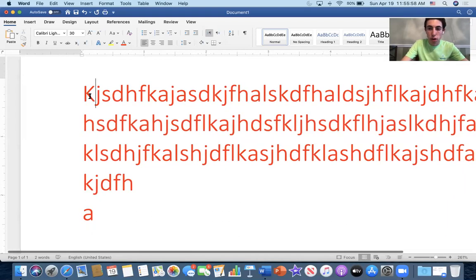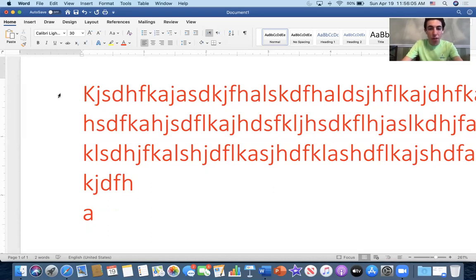If I want to select the first line of text and I bring my mouse right next to it, you see over here, now it's facing the other side. Usually your mouse faces the left side, but now it's slanted to the right side. If you click there, it will now highlight that row of text. If I bring it down, it will highlight this row of text. And you can click right next to it to highlight a certain line of text. You have to make sure that your mouse is slanted in the opposite direction for that to work.